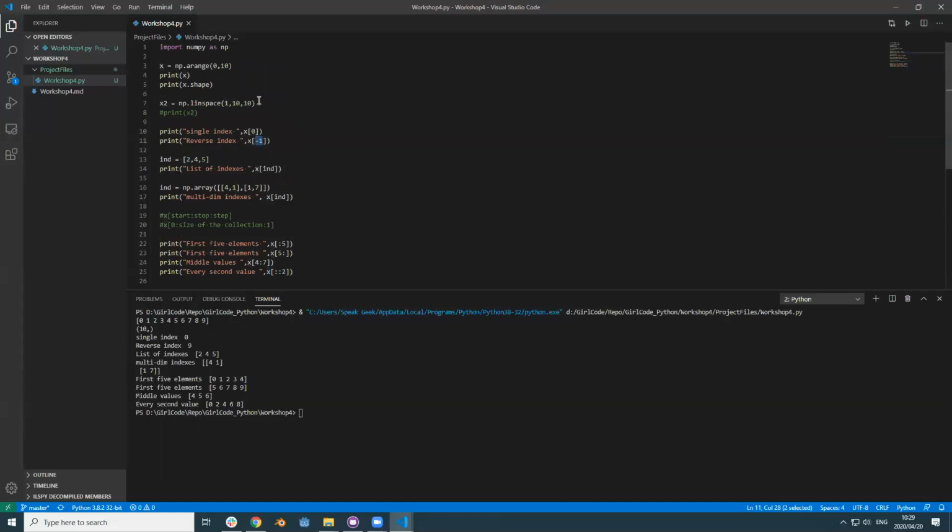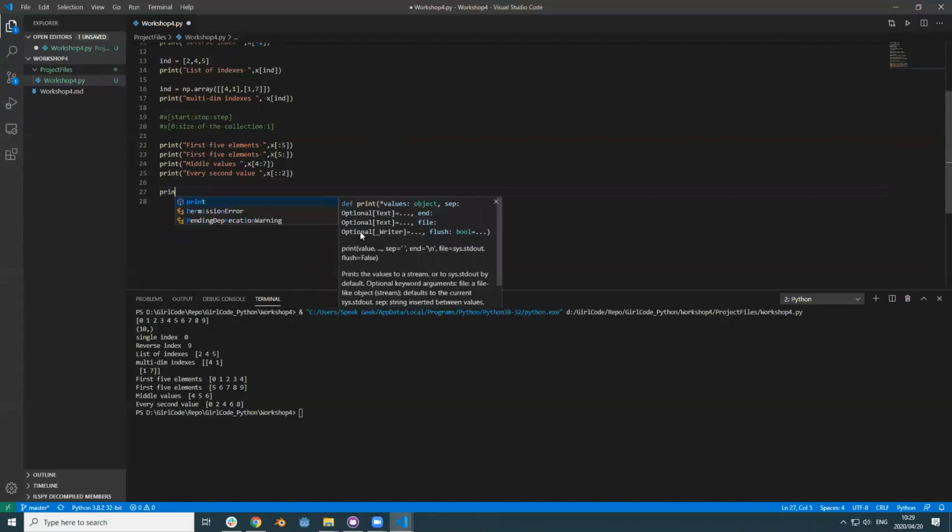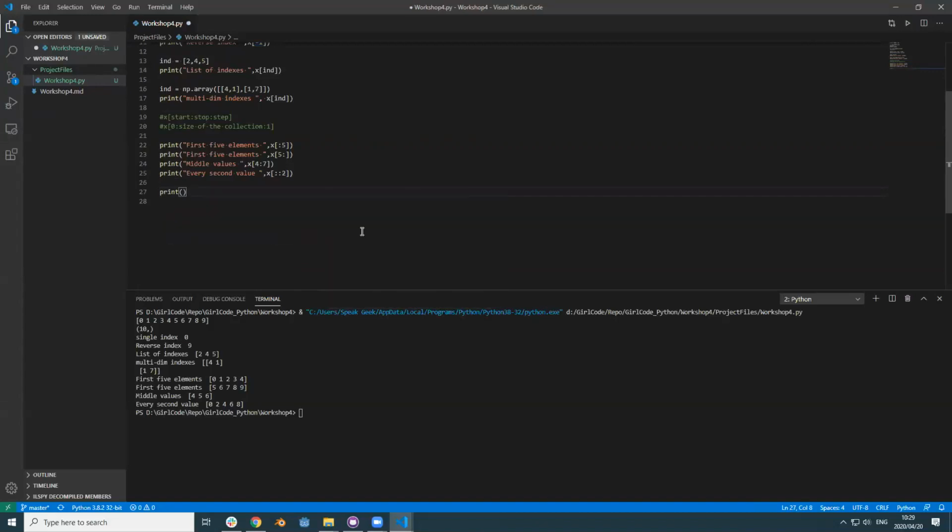So if the reverse index, if you've got -1, it's the last value. If you've got -2, it's the second value. So if you were to step through an array, minusing 1 every time, you would go from the beginning to the end. So if you wanted to inverse a Numpy array really quickly, the quickest and easiest way to do it